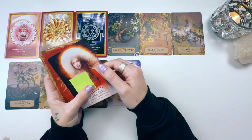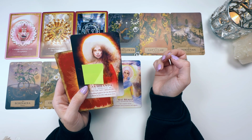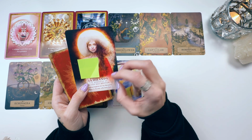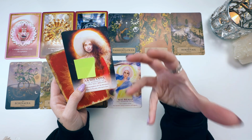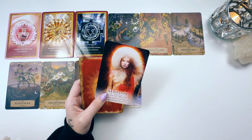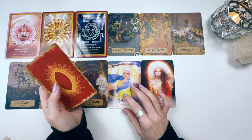Oh, I had a feeling this card was going to come out because when I was shuffling this got bent. The reason this is here is because YouTube will sometimes demonetize or flag videos if there's any nudity in them. A lot of these cards will have nudity, especially the female body tends to get flagged a lot. I feel this impulse right now, like I need to rip this off. There's something about purification through innocence, embracing the physical body, embracing the pure essence of the self, not hiding or feeling shame. Oh, okay. Yeah, let's rip it off. Screw it, YouTube, if you're going to demonetize this, frick you. Free the nipple. Anyway,